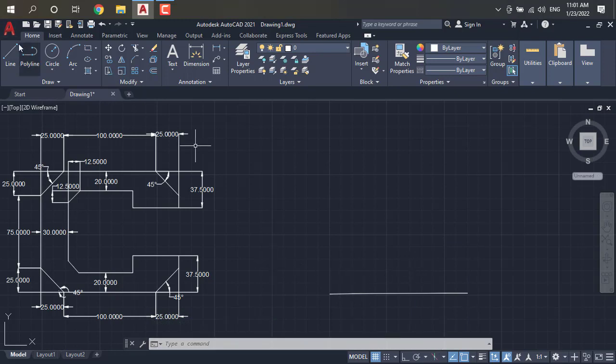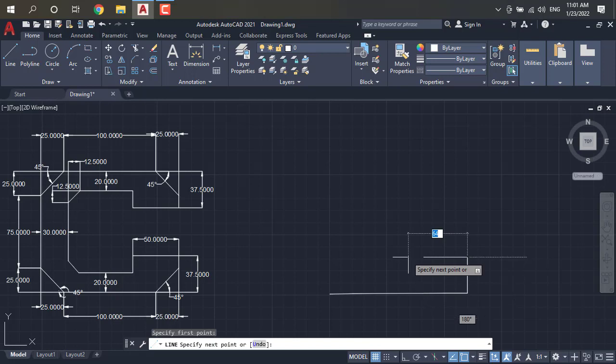Okay, again you have to take a line. Here how much the distance will be? 37.5. Okay, then we don't know how much this distance was, so just observe this is 50. Okay, again we have to take a line and just click on this as 180 degrees. Here what is our distance? 50. Just click on enter, and again we have to take a line and extend it from this portion.